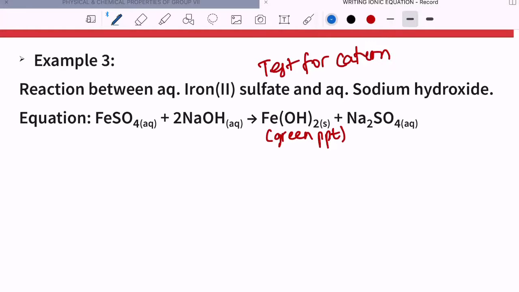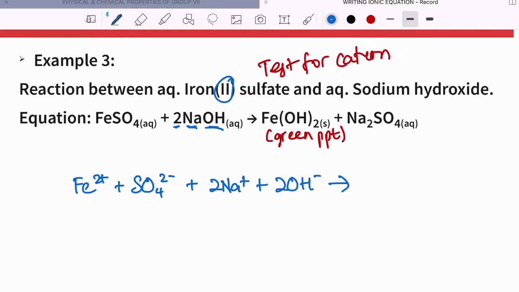The ions present inside FeSO4 are Fe2 plus, because here is 2, plus SO4 2 minus. Okay, next there's 2 of Na and OH, so 2 Na plus, 2 OH minus to form